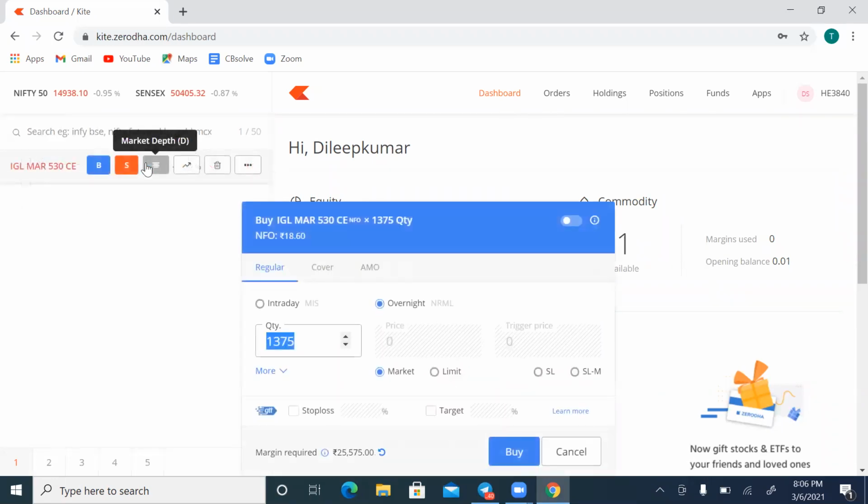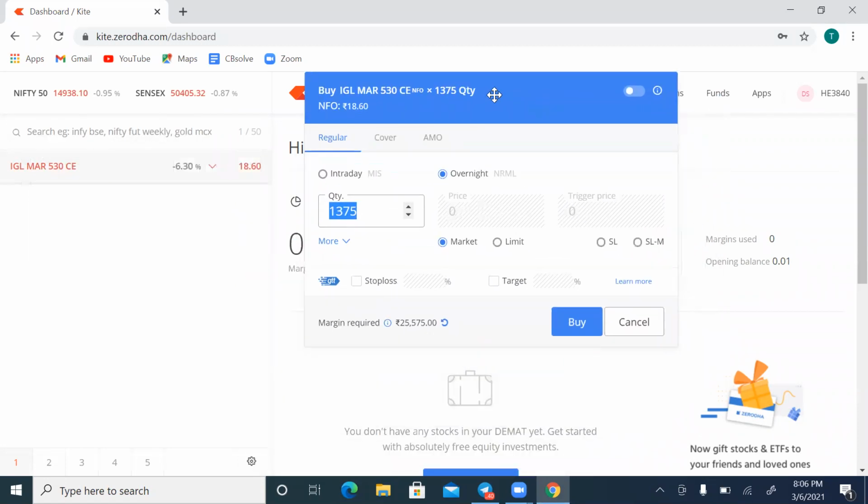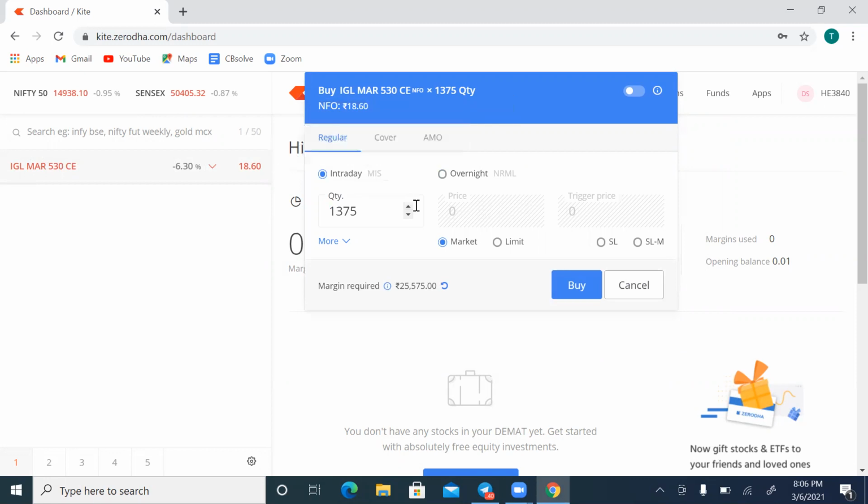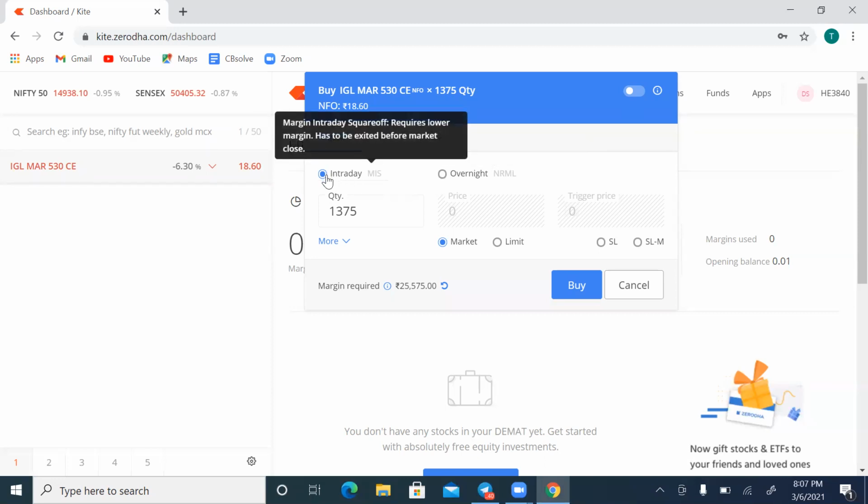So when I click on buy, you see immediately you'll get multiple options like regular, cover, and AMO. Just go for regular and go for intraday, because we are only giving tips on an intraday basis. If it is positional, we definitely let you know on the trade itself. That statement would be available on top of each message if it is really positional. Unless we mention it is positional, don't take it as an overnight or normal trade. Take it as intraday, so on the same day we are going to close it.